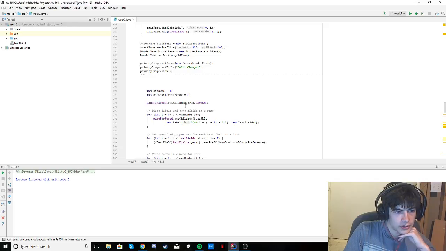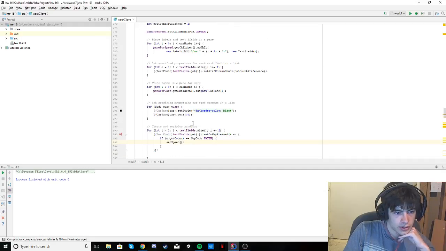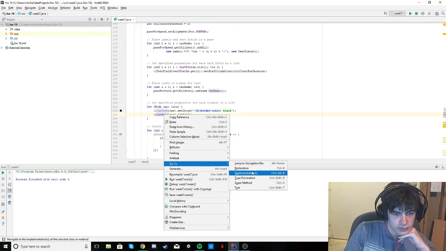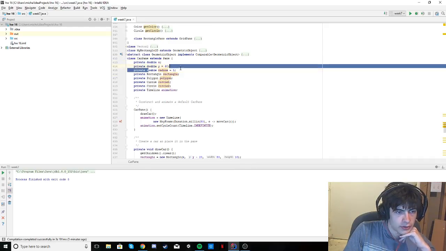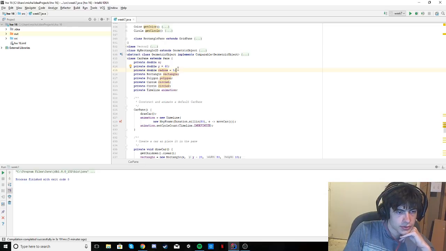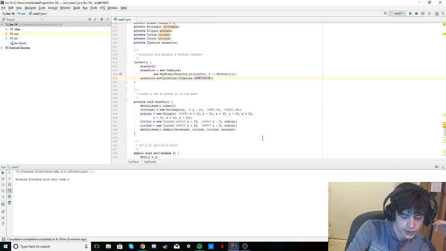Yeah, the cars are made up of the car pane, which we have here. In the car pane, we have the X, Y, and we have the radius for the wheels. We have the rectangle for the top, and the polygon also for the top, and then we have two wheels for the bottom, and we have our timeline animation. And the animation is keyframe duration in milliseconds, and it just sets it to indefinite, so it keeps going over and over again. So if we run all this,